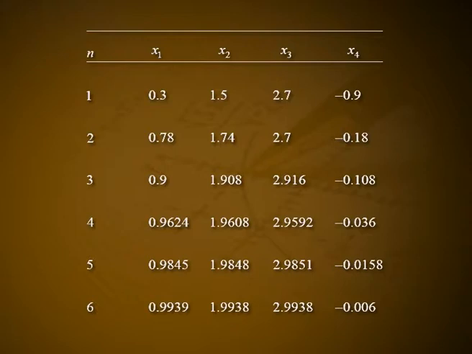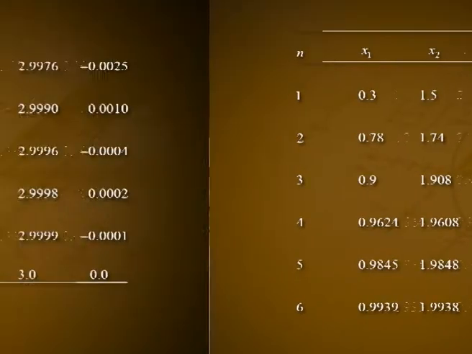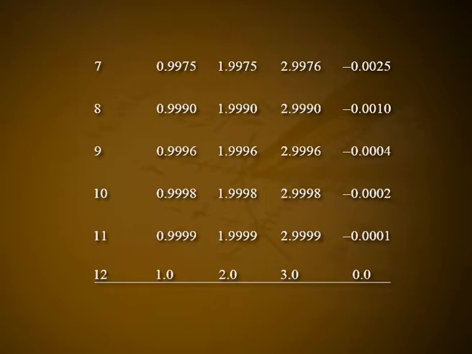0.9845, 1.9848, 2.9851 and minus 0.0158, and by the sixth approximation they are 0.9939, 1.9938, 2.9938 and minus 0.006. By seventh approximation, the values of x1, x2, x3 and x4 are